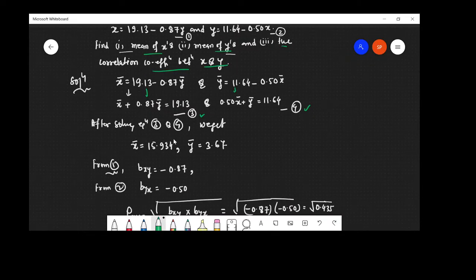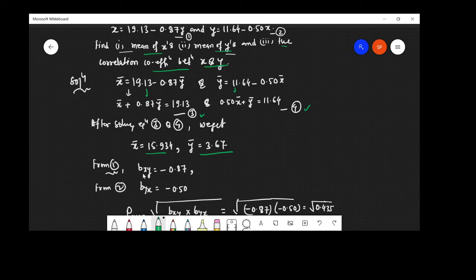So we solve this equation, and we get the value of x bar as 15.934 and y bar as 3.67. And now from 1, this part is over. The next step is to find the correlation coefficient based on the regression coefficients. So from equation 1, what is the